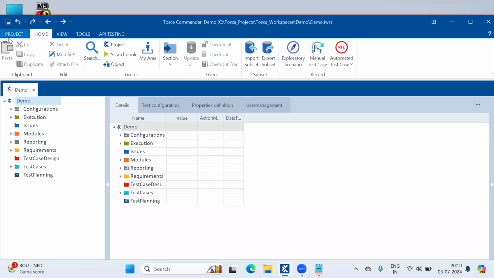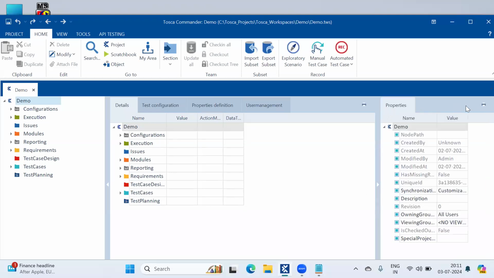This project, home, view, tools, API testing, these are all called the menu bar. Here we have clipboard, edit, go to, these are the sections present in this line, and these are all called the ribbons. This is called the detailed view.